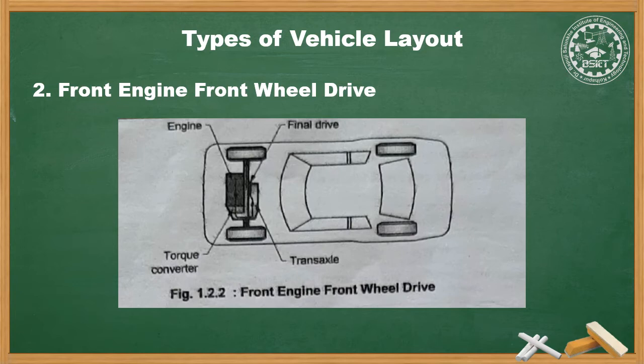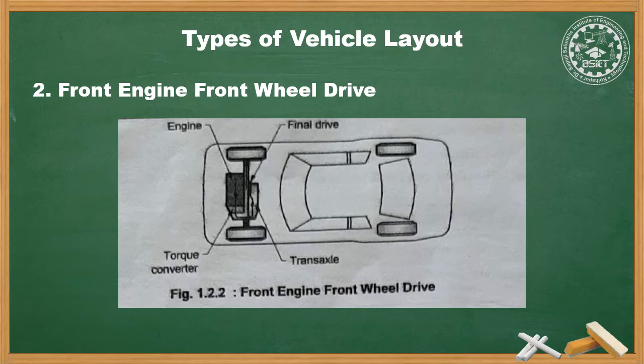The propeller shaft length is reduced or the propeller shaft is eliminated. The drive is transferred from the engine situated at the front to the clutch, to the gearbox and to the differential with the help of gear drive. The differential unit is placed in the front axle. This arrangement provides good grip with the road surface due to the engine weight being fully at the front. Absence of a propeller shaft decreases the chassis height.